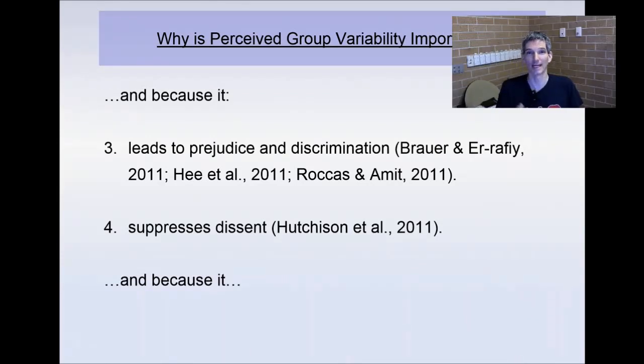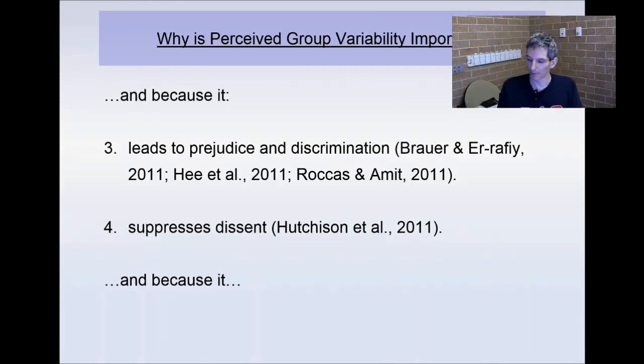I don't like English people. English people are all the same. Therefore, I really don't like all of them, with no exceptions. Whereas if I perceive English people to be very heterogeneous, very variable, then I might say I don't like English people, but there are differences. There are some that I like and some that I don't like, some that I like more than others, because there is variability that I perceive between them. Whereas if they're all very homogeneous, then it's very easy for me to just hate them all, as it were.